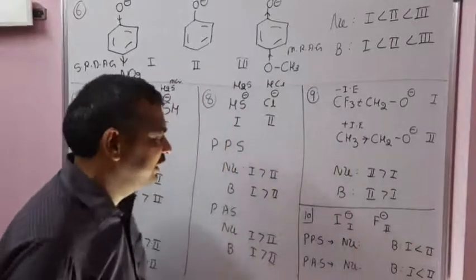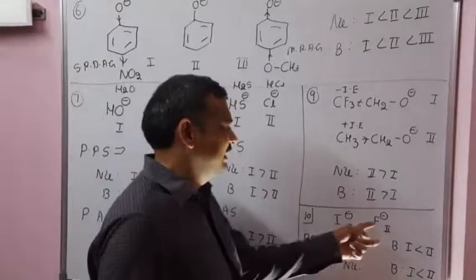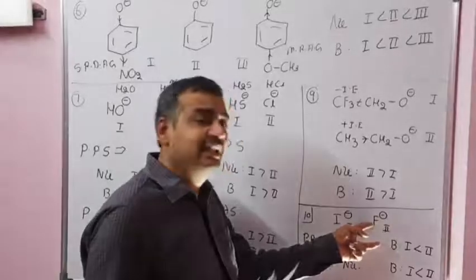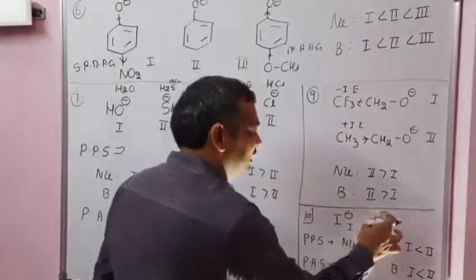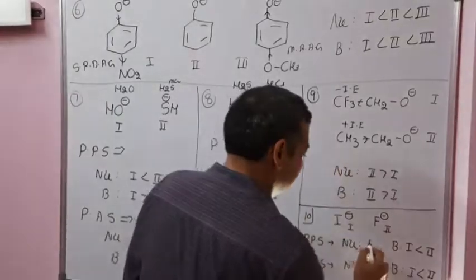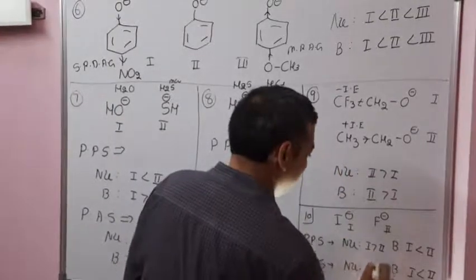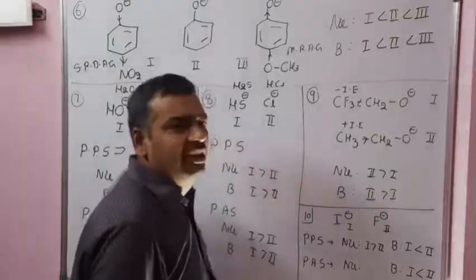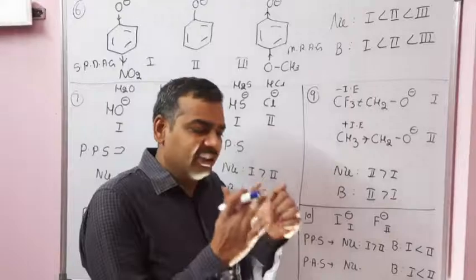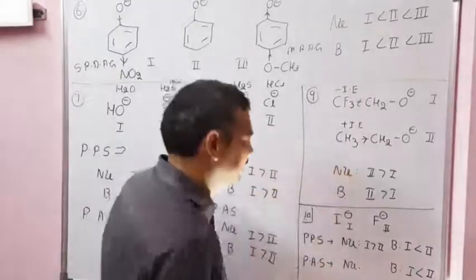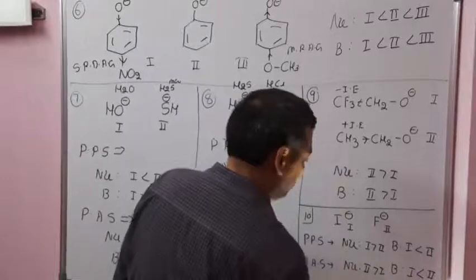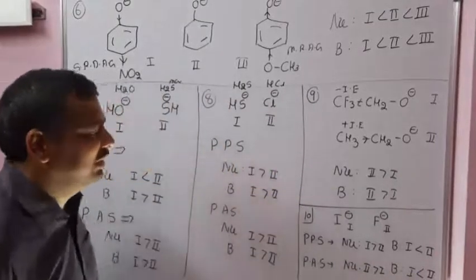Coming to the nucleophilicity, in protic solvent, this has a smaller size and more electronegativity. So electron density is more, so it forms more layers, more size. So there is less preference to attack the carbocation. So the nucleophilicity of 1 is more than 2 in protic solvent. Coming to aprotic solvent, the electron density is more, there are repulsions with the solvent, it is thrown away and readily attacks the carbocation. So in aprotic solvent, 2 is more nucleophilic than 1.